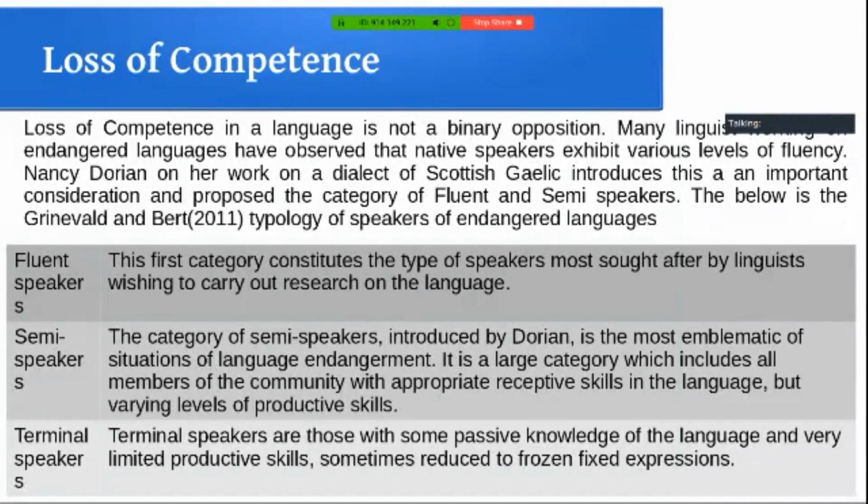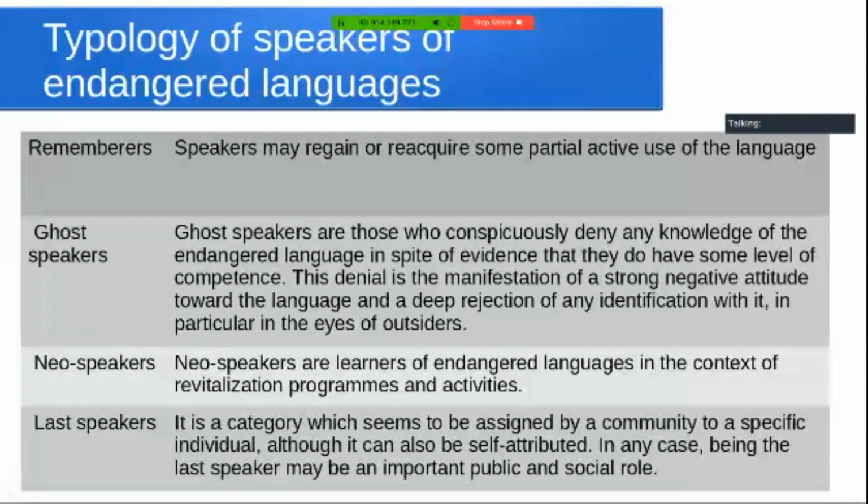Then there is something else, the terminal speaker, a very problematic term in the literature, but nevertheless it is used. These are people who have passive knowledge of the language and very limited productive skill. So they can understand, but they can't even answer simple questions, sometimes reduced to frozen fixed expressions, yes, no, sort of a thing. And then there are the rememberers. So these are the speakers